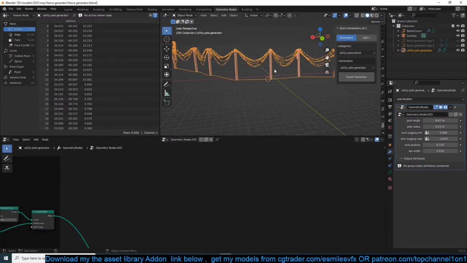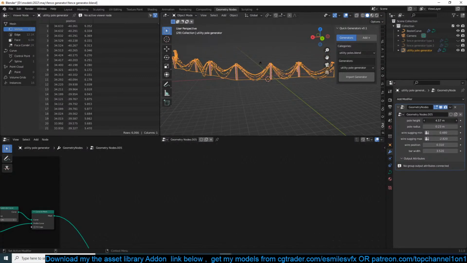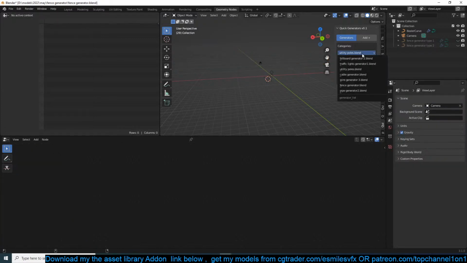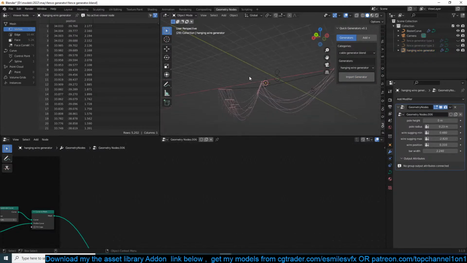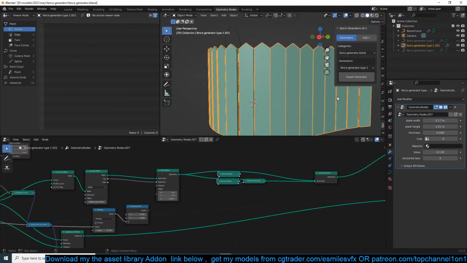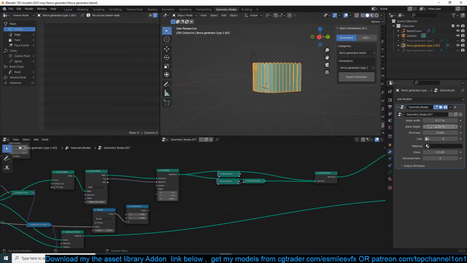You can add more poles, change the height, radius, other stuff. So just continuing to add on a lot of things. Cable generators, a fence generator, all using geometry nodes.